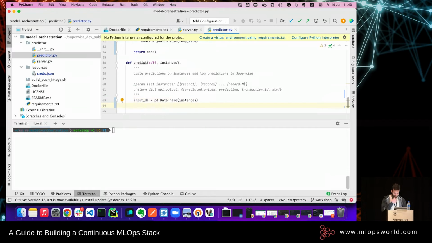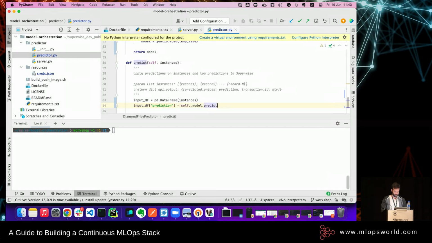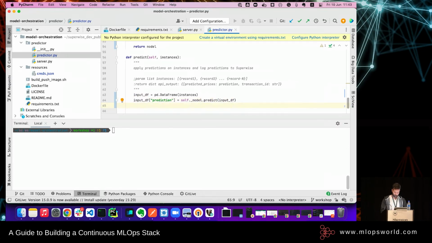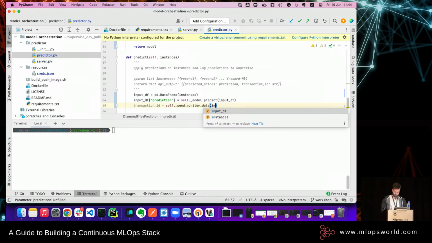Great. And then we're going to add a new series to it, and this would be self model dot predict, and the input df. Perfect. And transaction ID would be self send monitor data of input df.